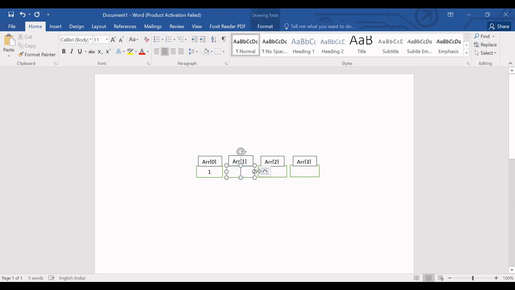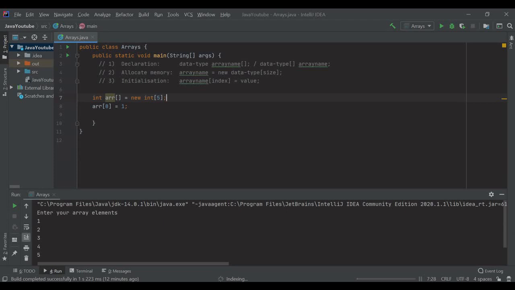And then next if I want to initialize 2, 2 gets stored over here, then later on 3, 3 over here, 4, and so on. Okay, so that's how it works. 1, and the next value, 2, then array 3.